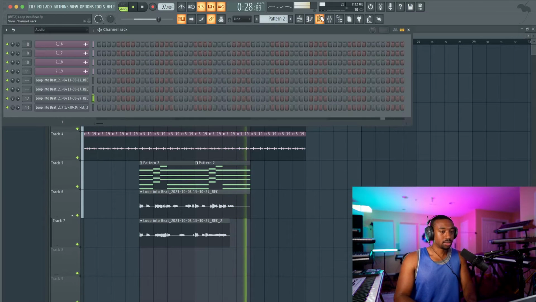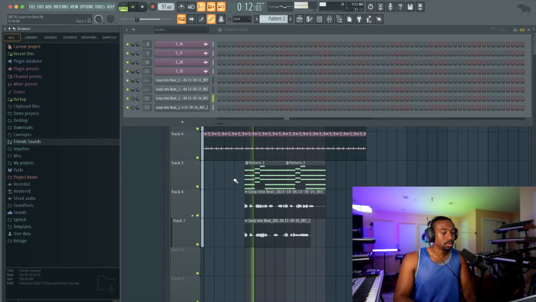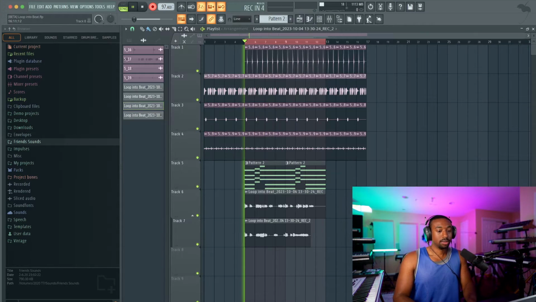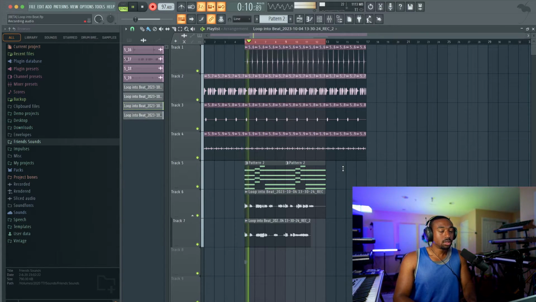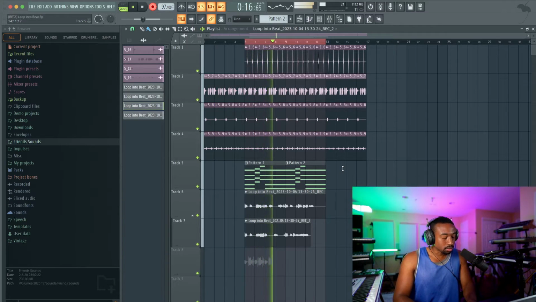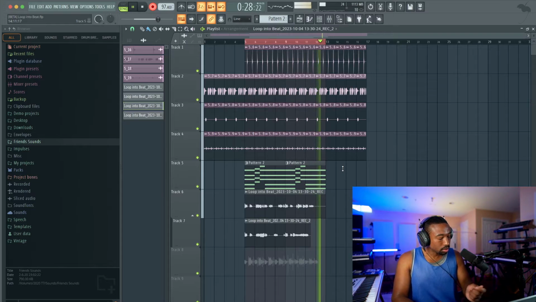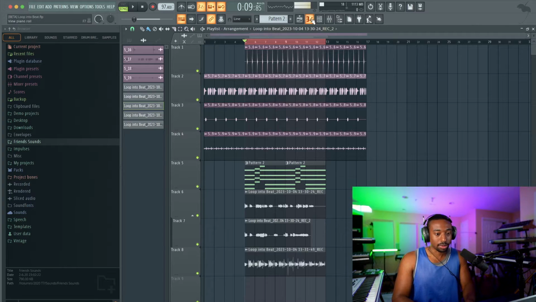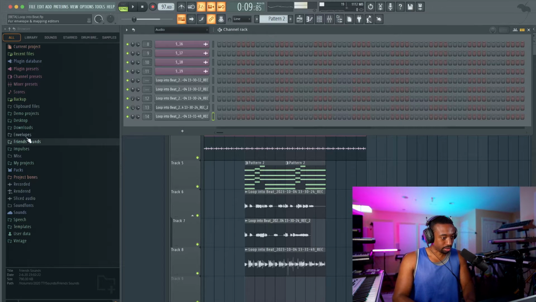Okay, so now we need drums to fit this vibe. So let me record the beatbox. Okay, so notice if I would have did trap drums, it would have been boom, clap, clap, clap, clap. And it's not how our brain works. I think the problem we have as producers, we're not actually translating what our brain is thinking.